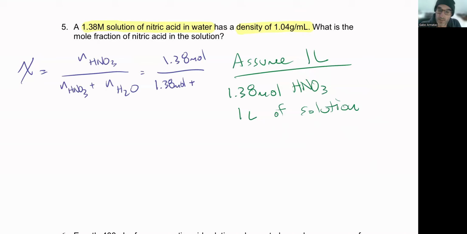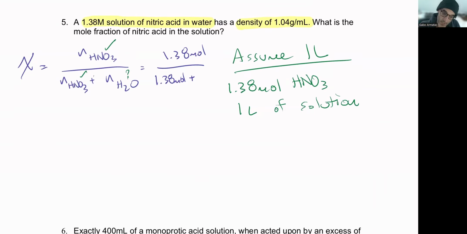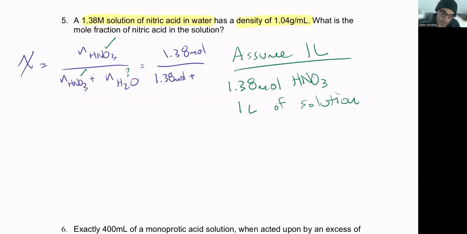That's the only thing that I'm missing, because we have these. I don't know this. That's all I'm looking for. Okay, so how do we figure this out? We have concentration, we have density. Density is going to be the key here. So let's start with the fact that we have a density of